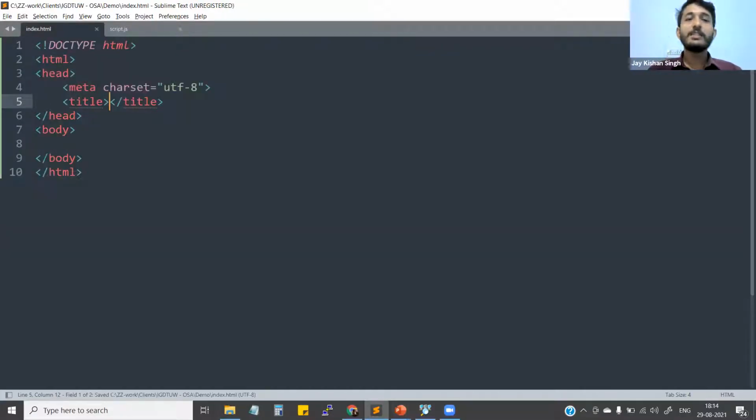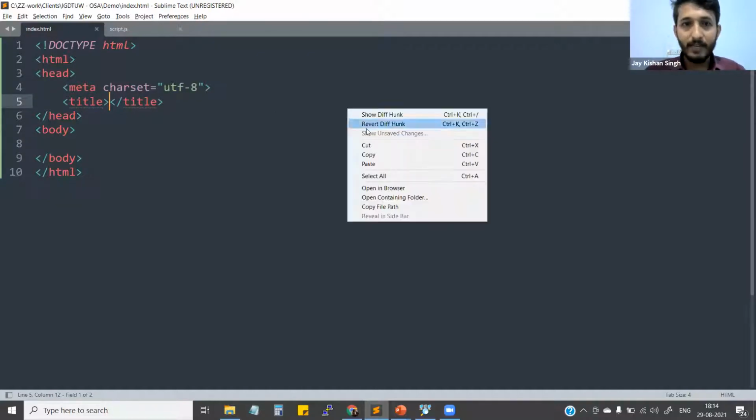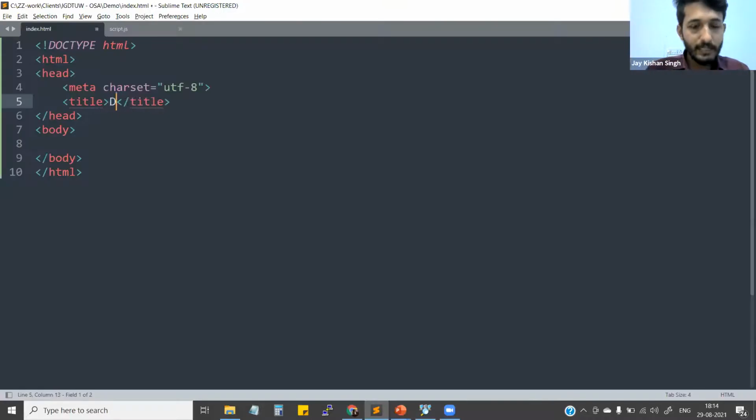So again, let's set up a very basic file here. See, right now, this is a very basic file I have, and I believe some of you might be familiar with this HTML stuff. So let me open this file in the browser. Again, you cannot see anything, right? So the title here I'm going to keep is dashboard, or let me call it IoT dashboard, IoT demo dashboard, right? Okay, fine. So you guys can always take notes, or if you're comfortable taking a screenshot, you are welcome to do that, right?